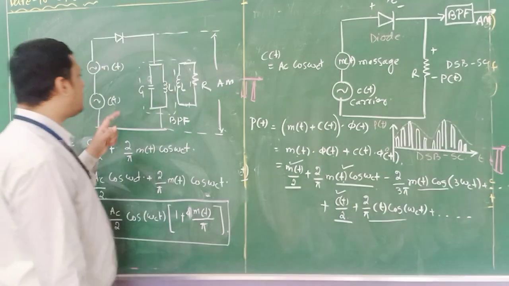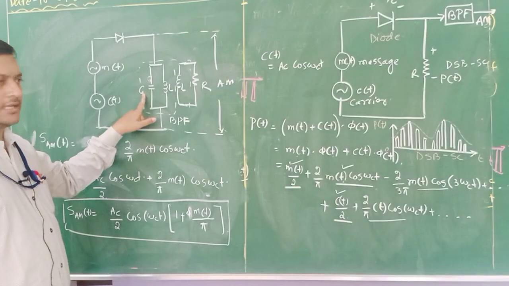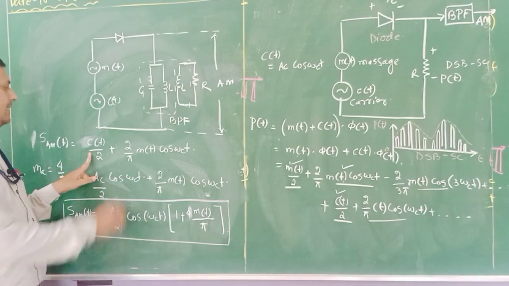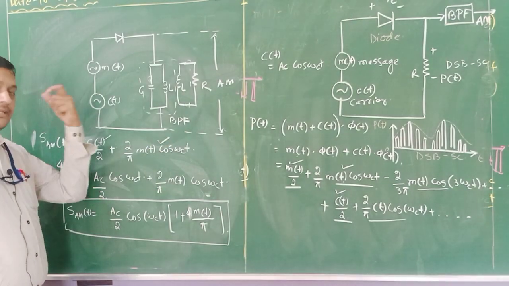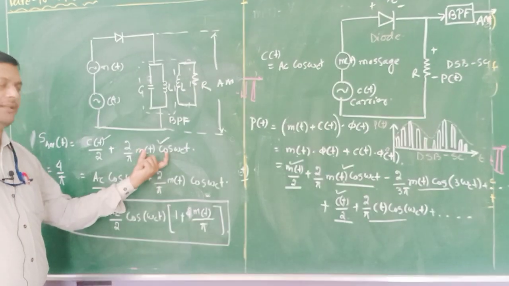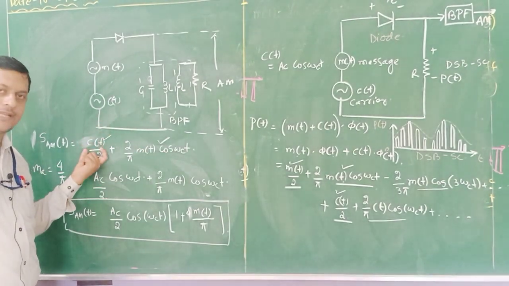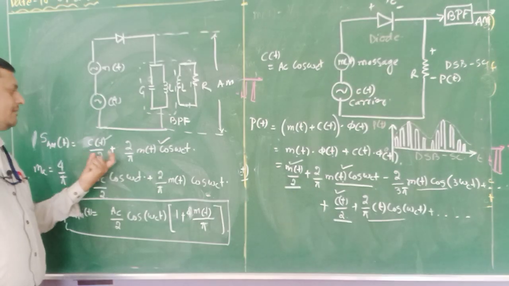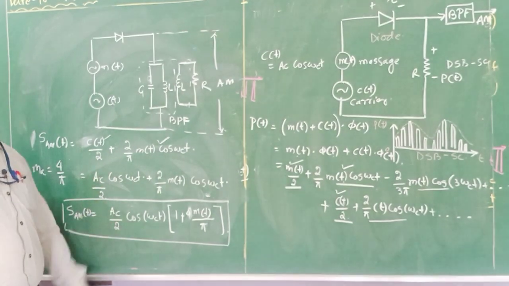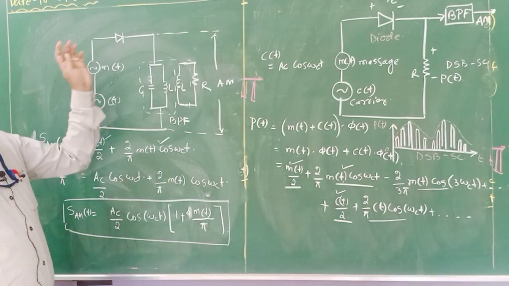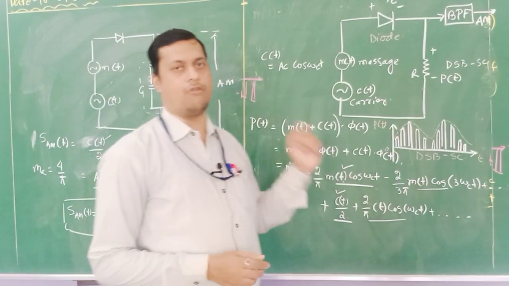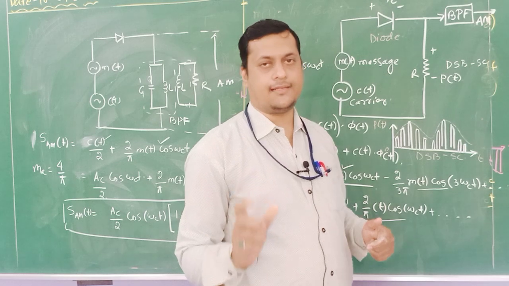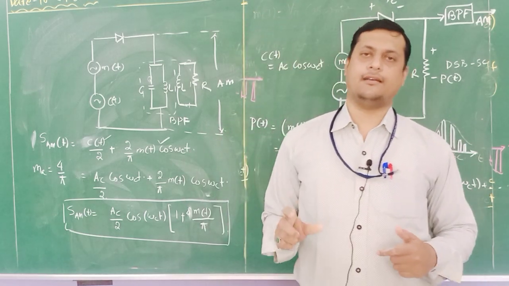So when I am using this LC tuned circuit, I am extracting the carrier component as well as the sideband component. Previously we generated only the double sideband, now we have added the carrier component. Okay. So carrier with double sideband becomes an AM signal. So this is the basic generation of an AM signal using a switching modulator. And who will act as a switch? The diode is used as a switch.